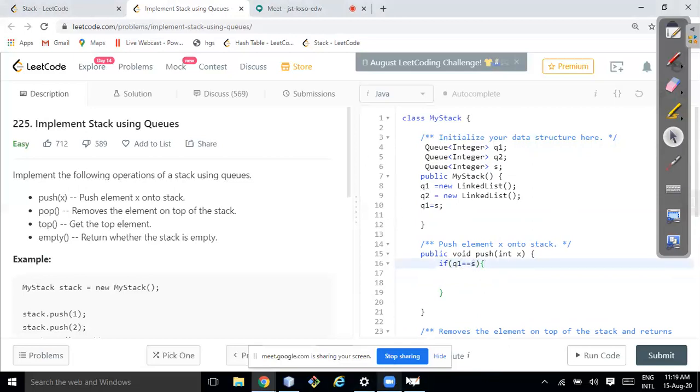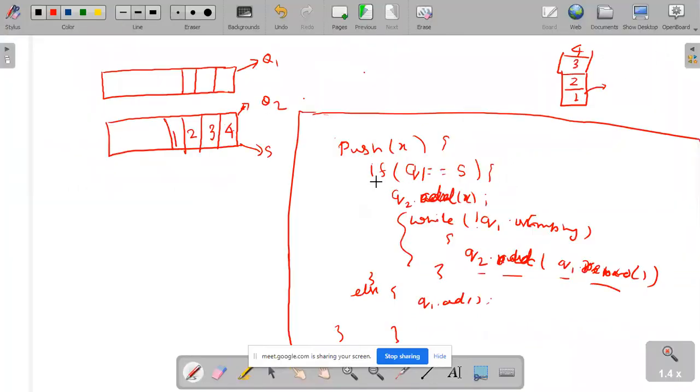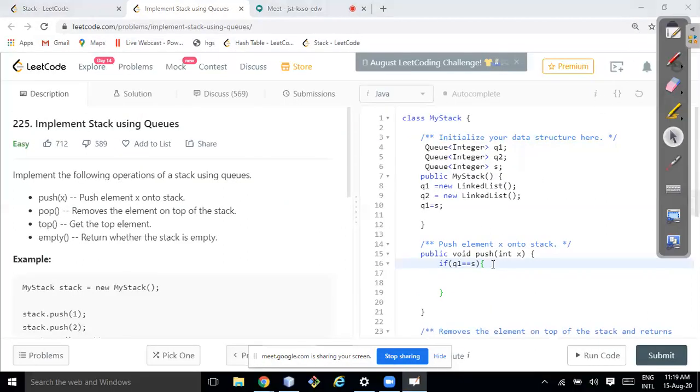As we discussed on the board, we'll add the new element into Q2, and we'll move all the elements to Q2, right? So we'll do Q2.add, what I'm going to add, X.